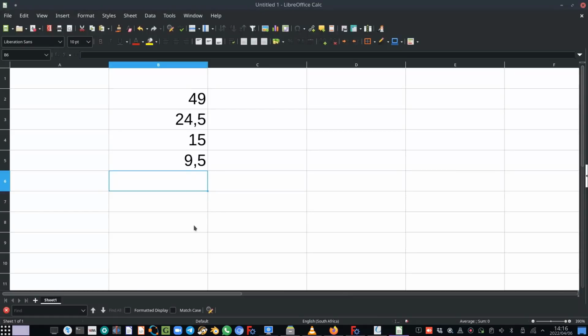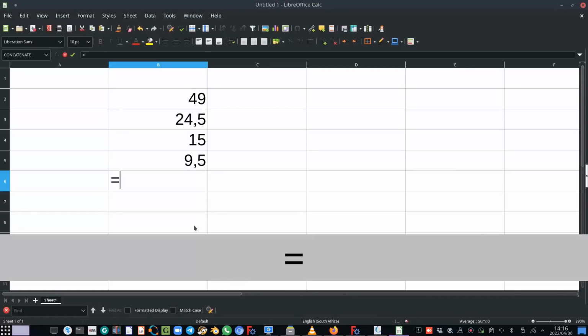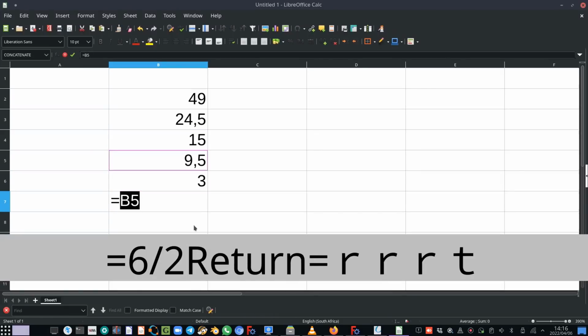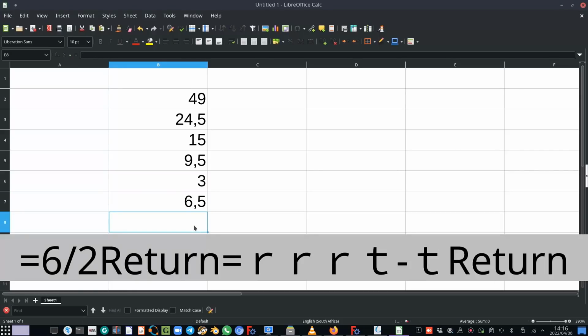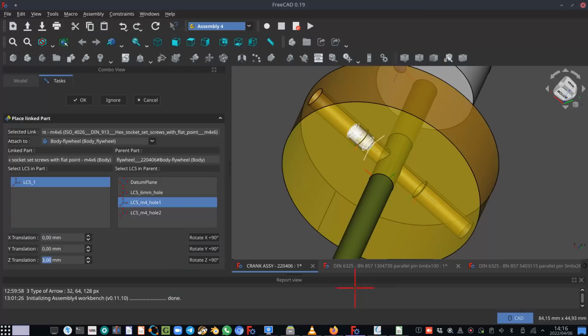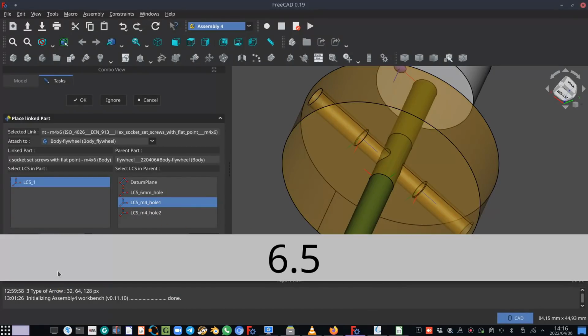So we can say equals 6 divided by 2. So we can say 9.5 minus 3 is 6.5. In other words, the distance we want to offset the set screw is 6.5,